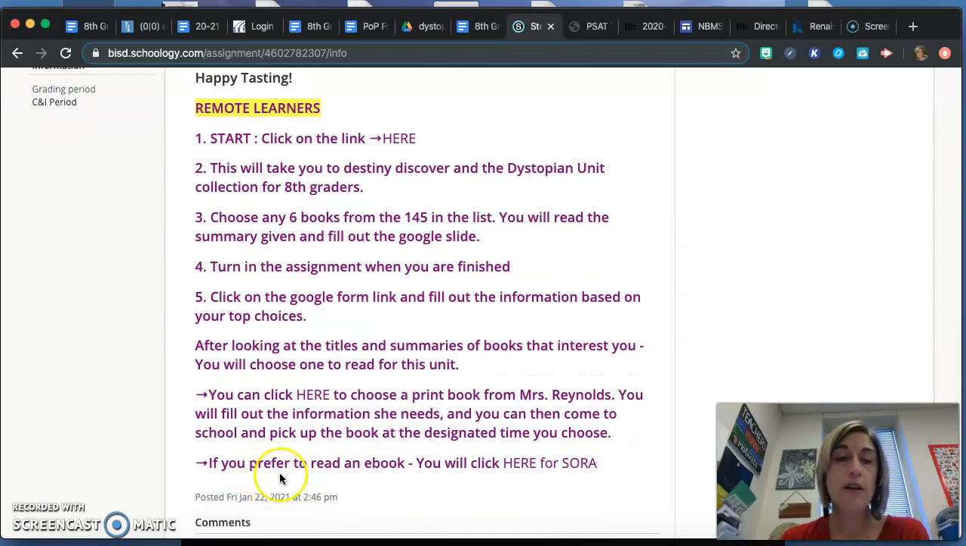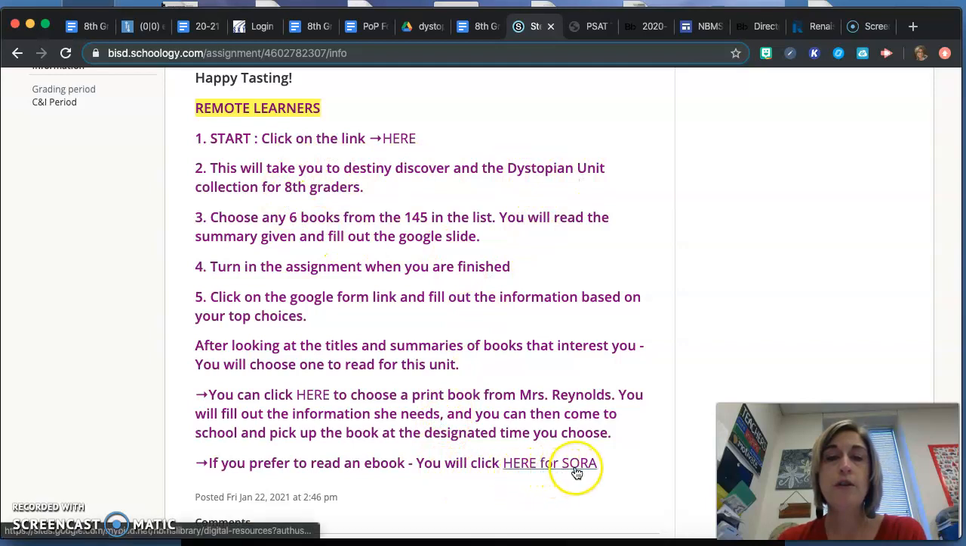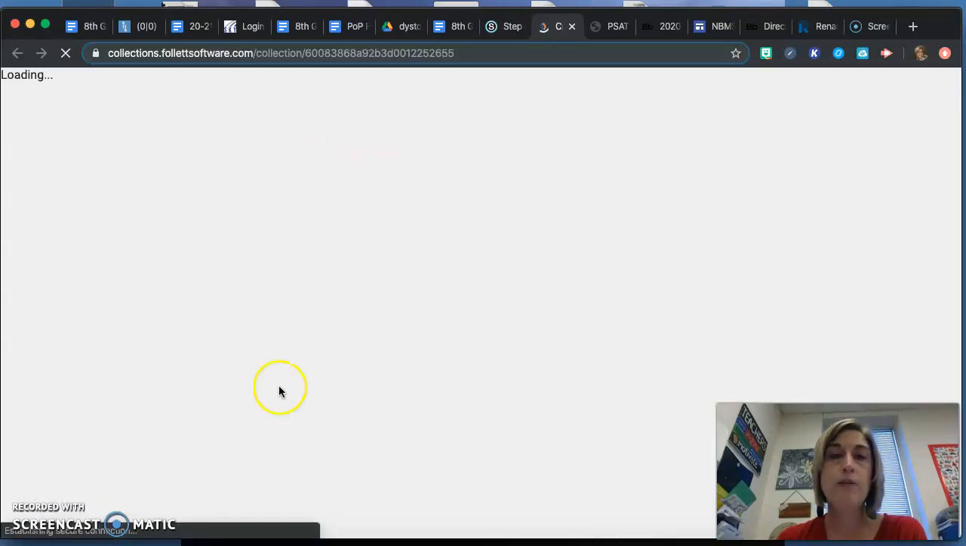You can also read an ebook if you prefer. So you might find one in the Dystopian Unit Collection. It should also be on Sora as well, if it's in the list up here in the Dystopian Collection. So you're welcome to read it through your ebook app called Sora, which the link would be right here at the bottom. But for our book tasting, you want to make sure you click in number 1 where there's the word here. It's going to be a link, and that will take you to